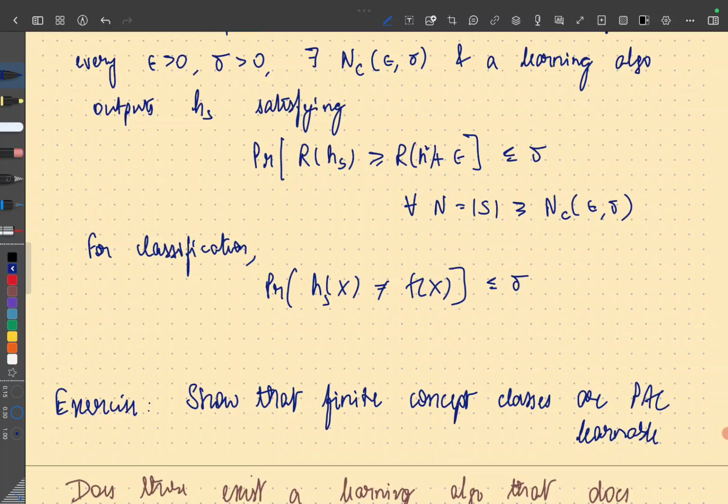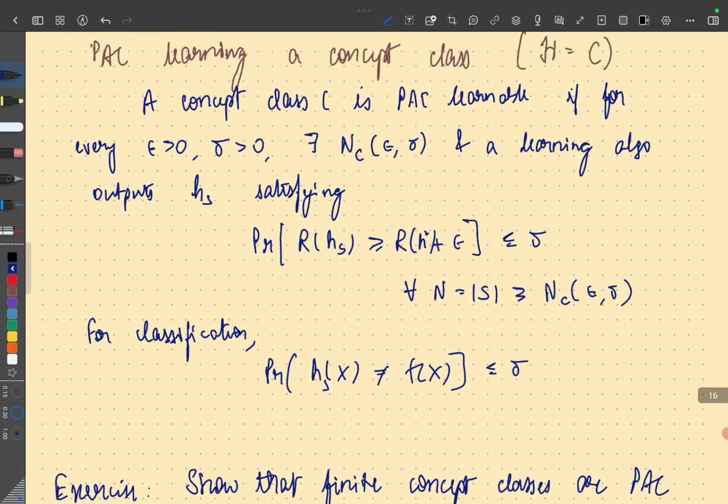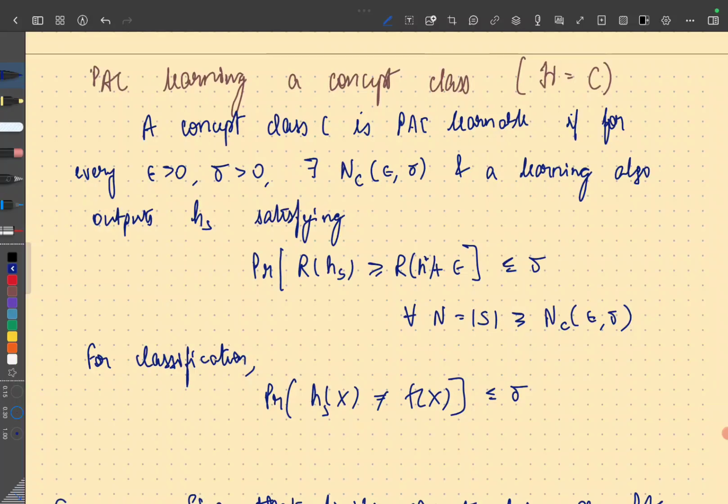Okay, so this means equivalently that we can achieve zero approximation error. If you're talking about classification, in the context of, let's say, binary classification, then you can actually achieve zero approximation error. But for classification only. I'm not saying that this is true for every concept class. So in general,